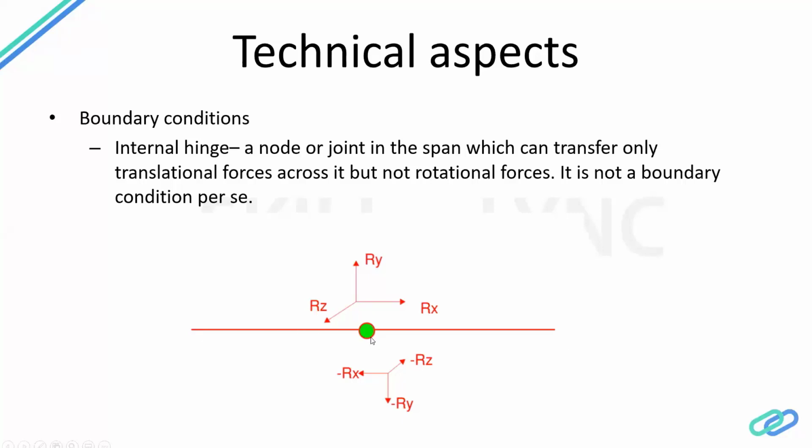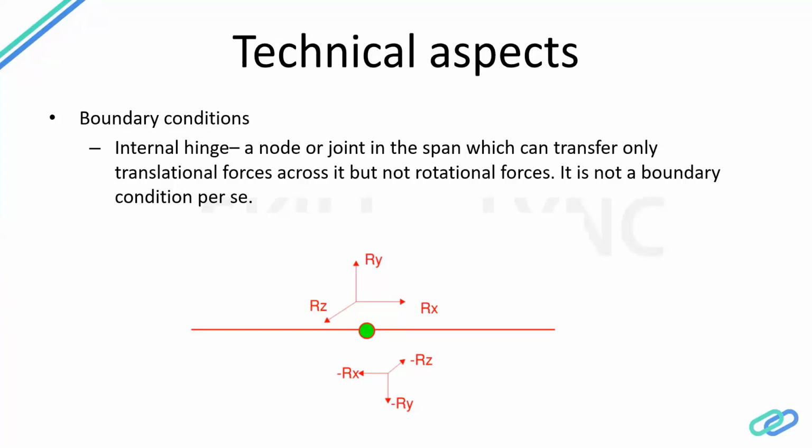So if you have a splice connection here, that splice could be a shear type splice, or it could be a moment splice. If it's a shear splice, that's more like an internal hinge, where it would just transfer shear across from one member to the other. But when it's a moment type splice, you also make sure there is continuity in moment as well. So these are a few possibilities that we have in terms of achieving the different degrees of freedom and the boundary conditions in a given structure.